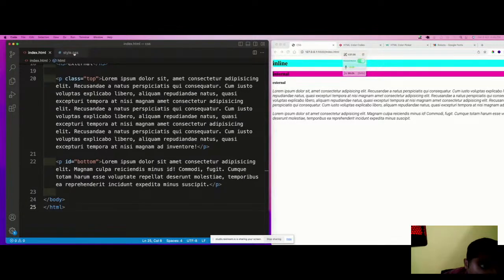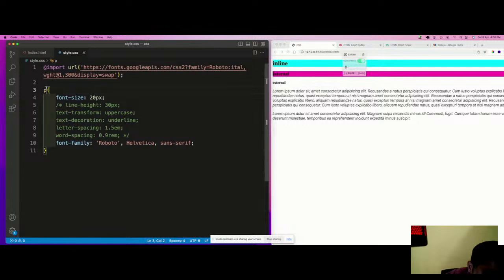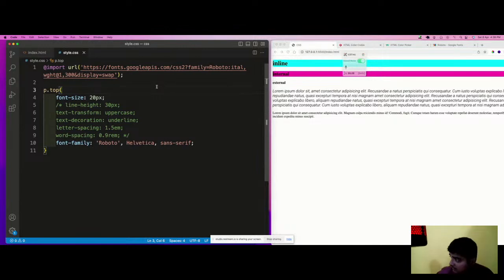Now, practically how are we going to implement it? So p dot top. Now this particular set of styles gets applied to the first one.